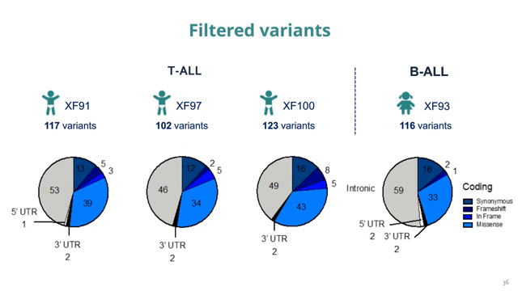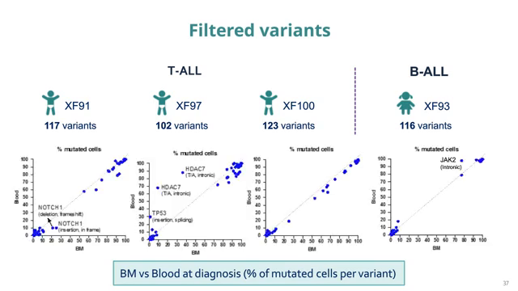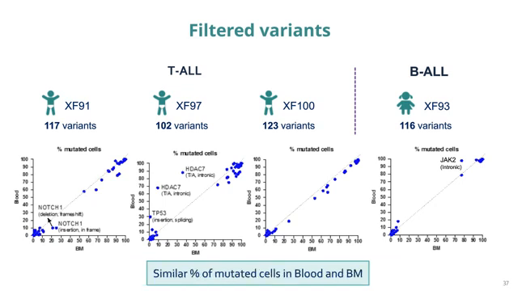Now, for all these patients, we had both a bone marrow and a blood sample. So what we did next is to compare the percentage of mutated cells for each of the variants in blood and the bone marrow. So now in this plot, each of the dots is one variant, and the diagonal would be a perfect correlation. And what I hope you can appreciate is that the frequency for each of the variants in blood and bone marrow is very similar. There are a few with variants that are labeled, but overall, the leukemia seems to be very similar in blood and bone marrow, at least